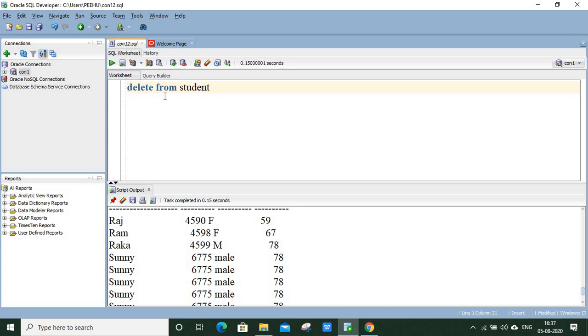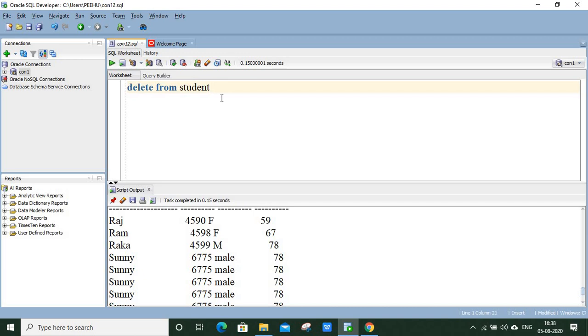Yeah, a basic difference between the select and this delete is that we need not mention the column names here, but when we are using select, then we can apply some column names here. And one important thing is that when we are deleting, then the entire row or rows will be deleted from the table. It is not possible to delete a single cell from the table. So where the condition is true, all those rows will be completely deleted.